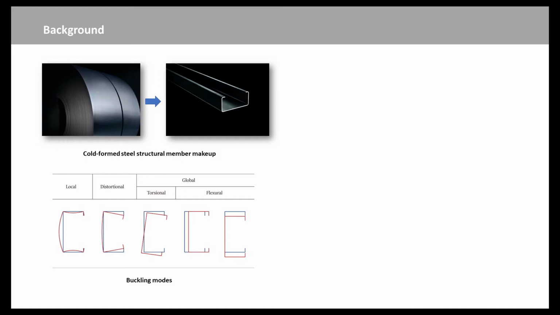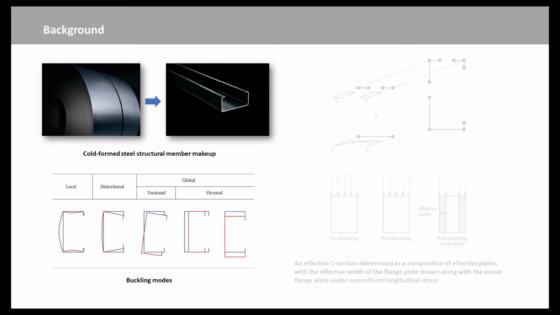In order to gain a deeper understanding of coupled instabilities, it is useful to analyze them using a modal decomposition method. In this method, the deformed shape of a buckled cold-formed steel member is decomposed into a linear combination of individual buckling modes, each with a specific mechanical significance. In doing so, it is possible to study the behavior of each isolated buckling mode, as well as determine their contributions to the overall behavior of the member when coupled instabilities occur.